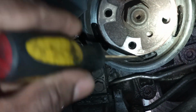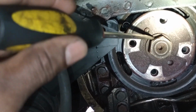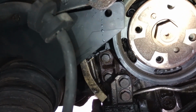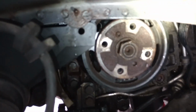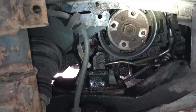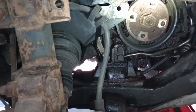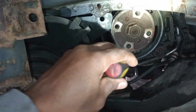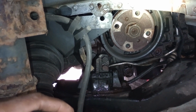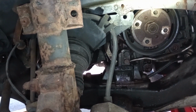So in order to remove that, I might have to remove that big pulley right here, that big nut, and pry this to remove the pulley and see if there's any damage in the back of this thing. My worry is I don't know how much damage this situation might have caused the motor. I don't know if I'm wasting my time with this motor, but I'm gonna have to make another video